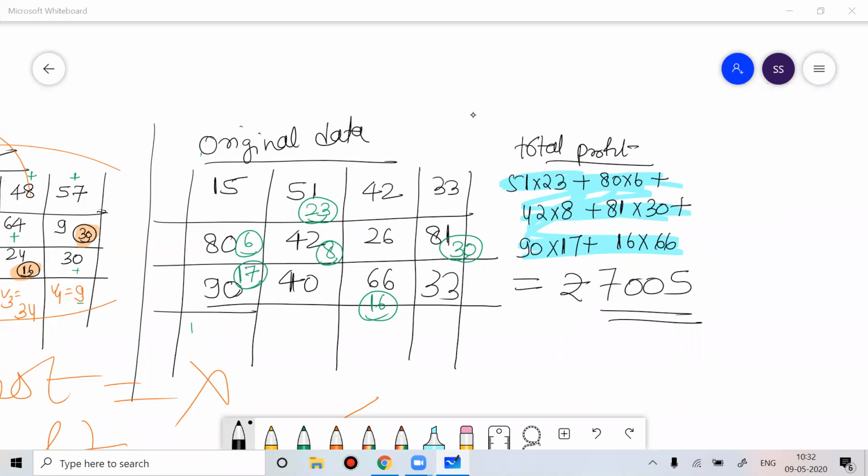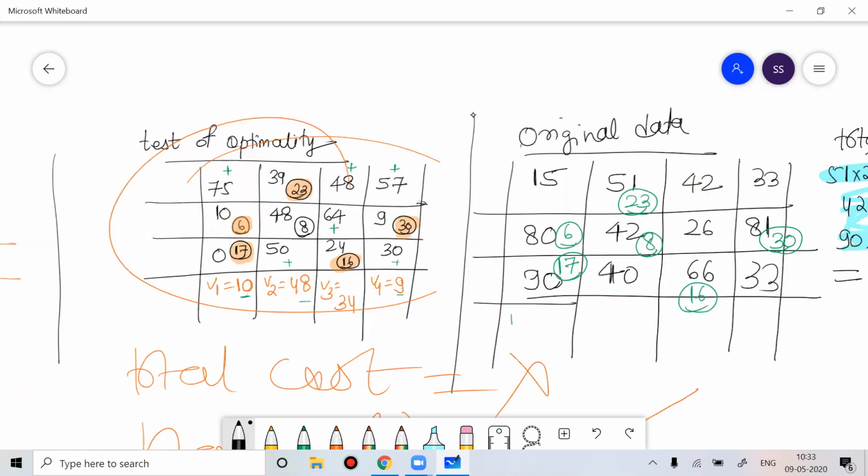My only concern is the last step. The final output what you will get, don't solve the problem that way, because that is not the answer. You just need to use the data of that output to find the maximal profit. The allocation you get, you have to substitute on the original data, and then find the maximum profit based on the profit. I hope this is clear with everyone.